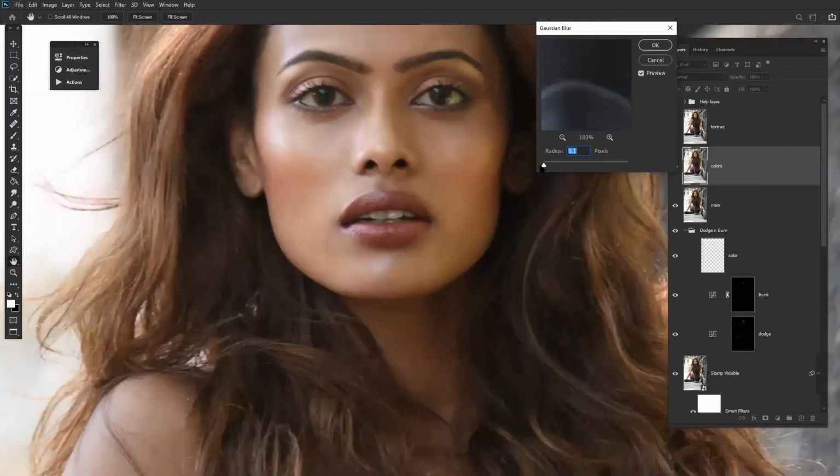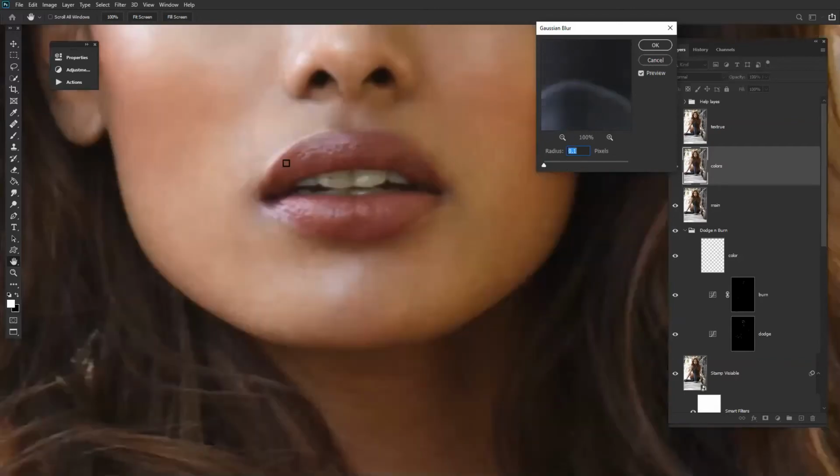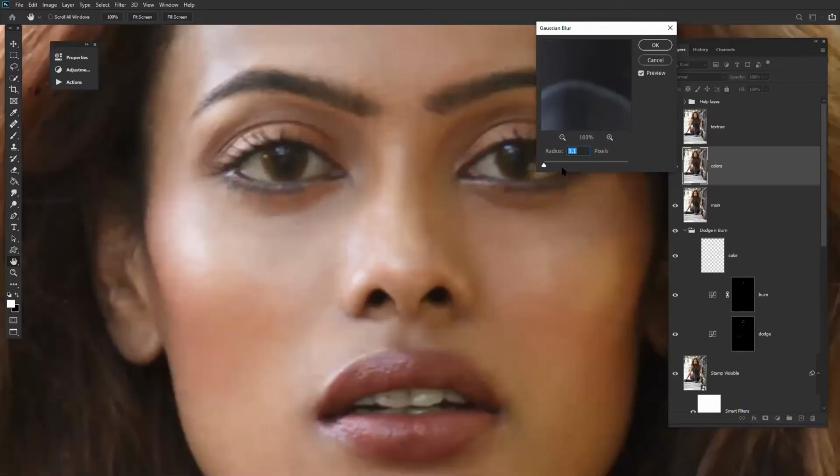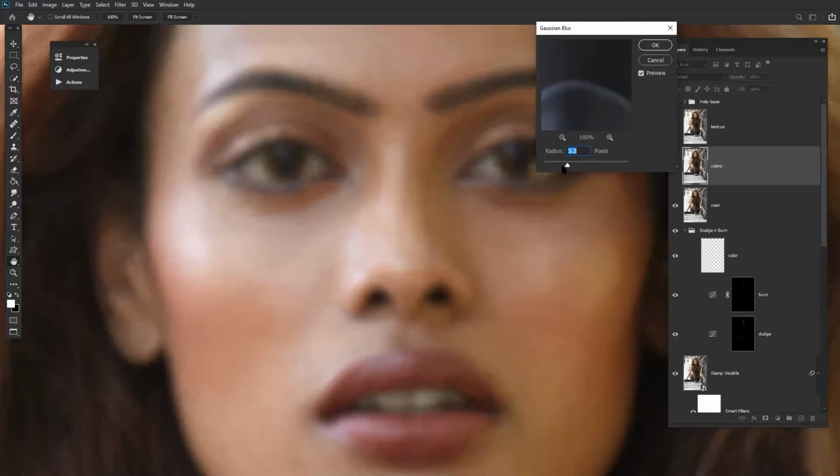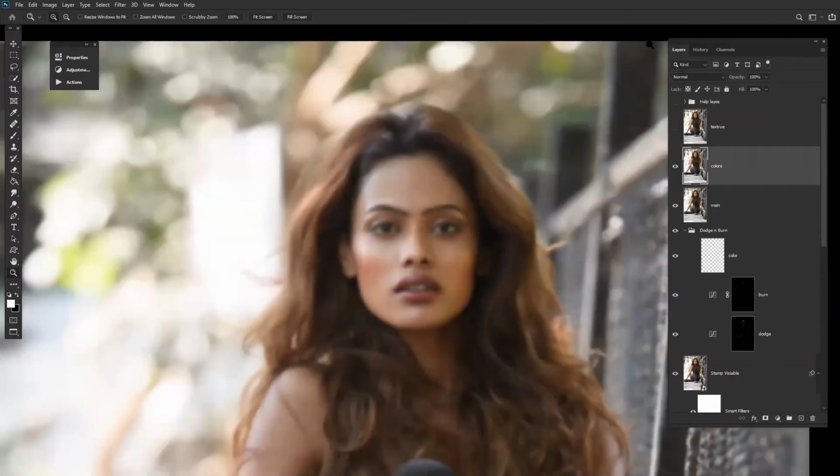So you have to see, these are the textures of the image. As I go to Gaussian blur, the textures start getting blurred out till a point where it is minimum or not visible, but the lines of the structures of the face don't get too much merged. So 6, let me go to 6.5. Okay, 6.5 to 7 will be ideal. Now let's come down to the texture layer.